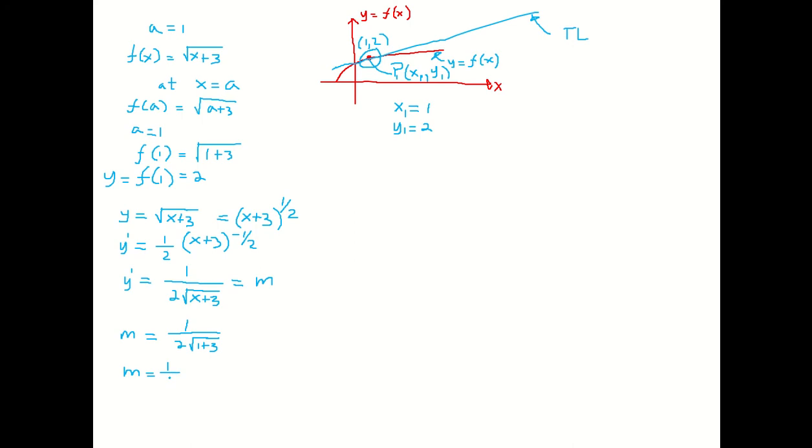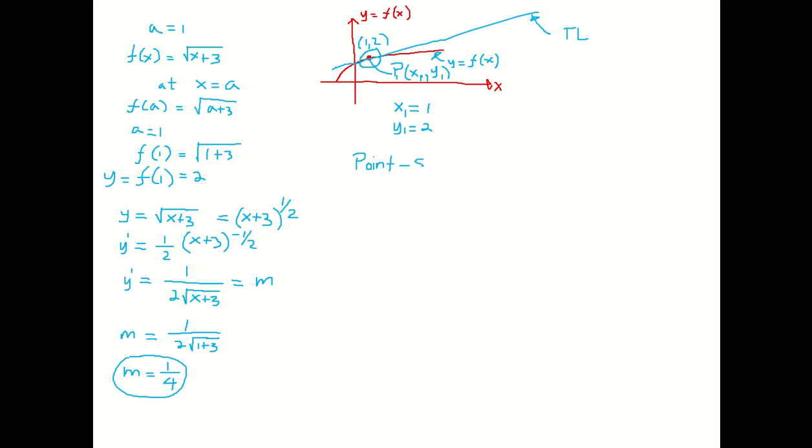Okay, class, just to remind you that we are solving for the equation of the tangent line. So now to find the equation of the tangent line, we need to use the concept that we have learned from our analytic geometry. So we'll use the point slope form. Why do we choose to use this? Because we are given the coordinates of point (1, 2), the point of tangency, and we have here the slope. So to find the equation of the tangent line, the best form that we should use is